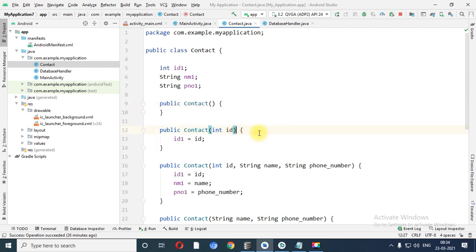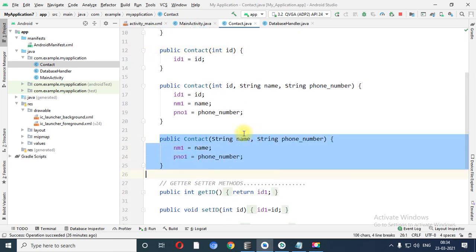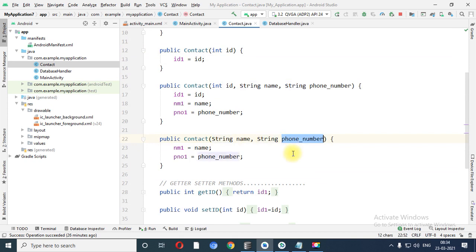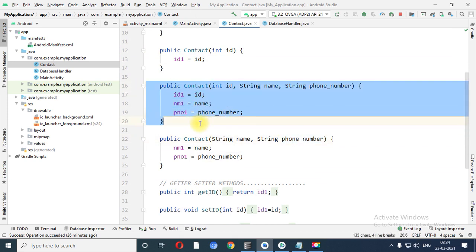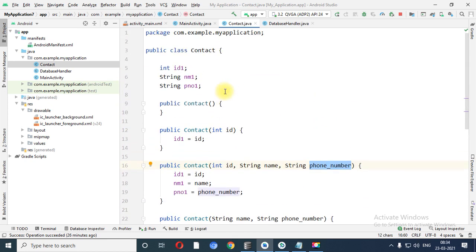Now see, this is the second constructor which contains a single argument. This is the third constructor which contains 2 arguments. This is the fourth constructor which contains 3 arguments. Now see, what you need to do, say for example, if in exam you need to create a student table, right?